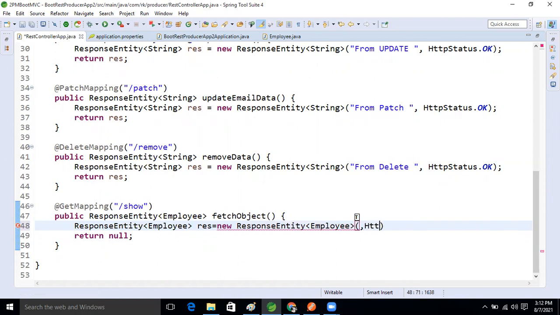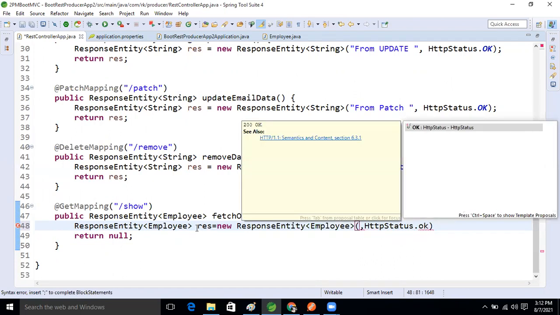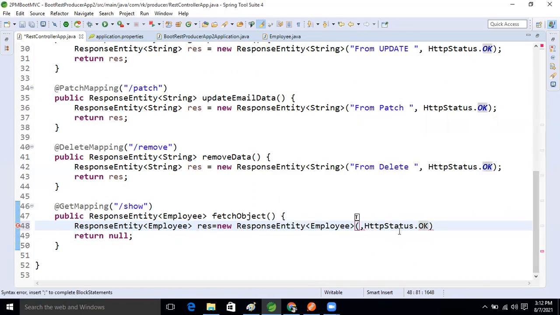Let's take the HTTP status first. I'm taking status dot OK, right? Status dot OK. So here I need to return the response.